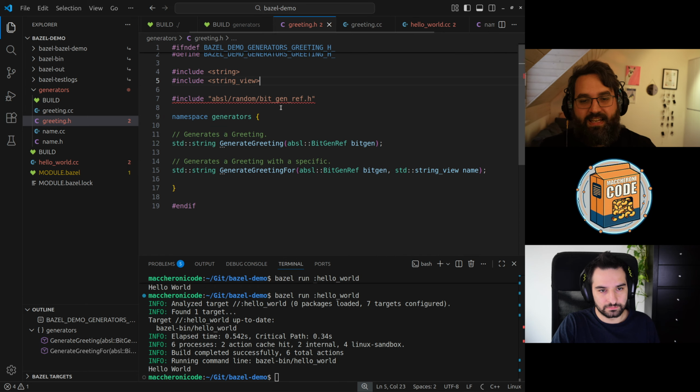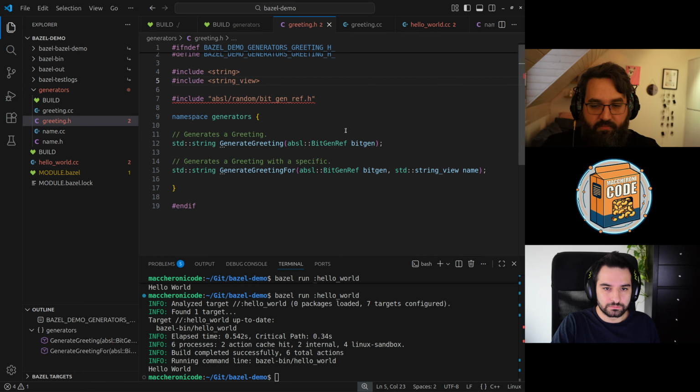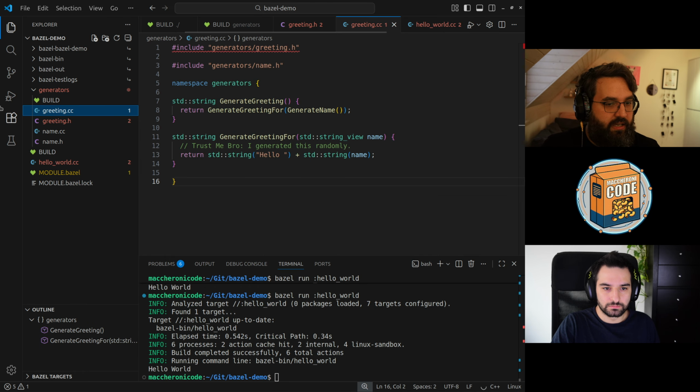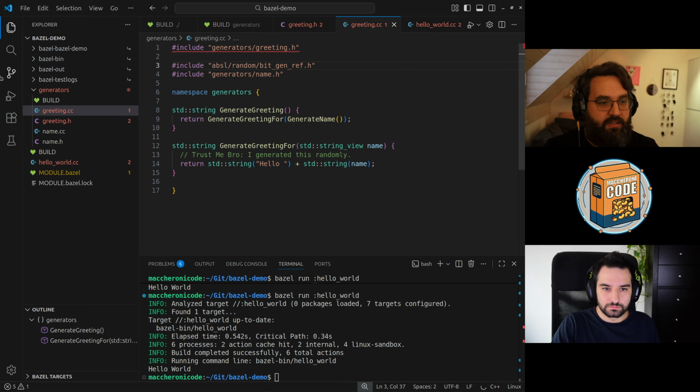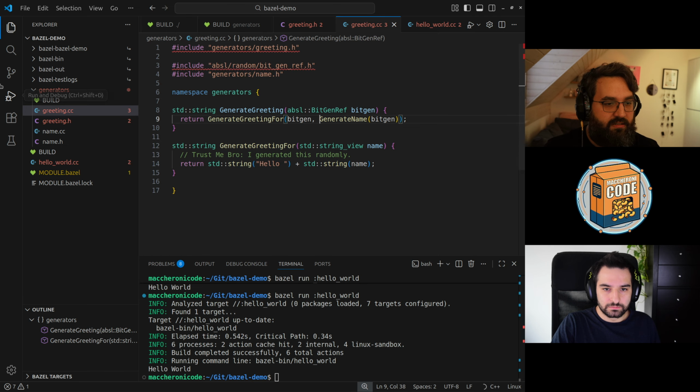We include bitgenref, which is a way of using different bit generators, and we provide it to our generators. Then in our implementation, we depend on bitgenref, include it here, and provide it down to all our generators.